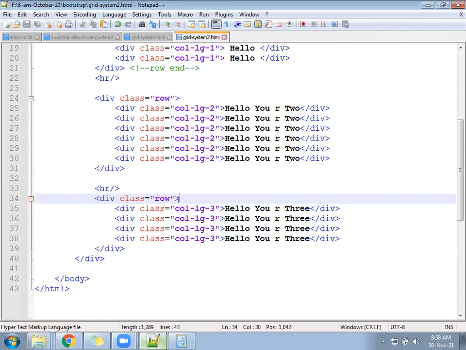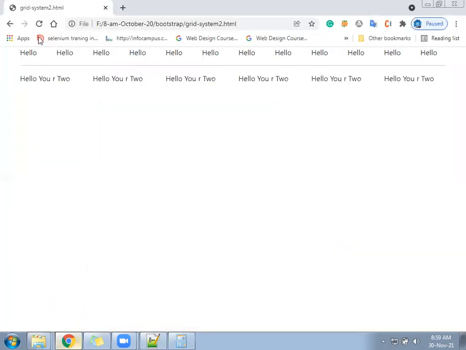So col-lg-3 is nothing but 25%. 25, 25, 25 and 25 will become 100%. You can see here it is printing a total of 4 columns.